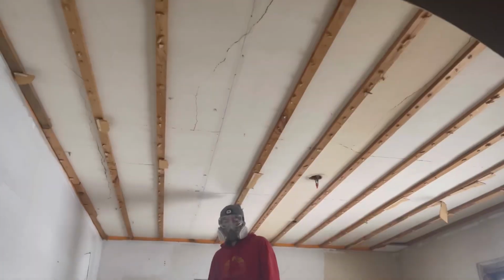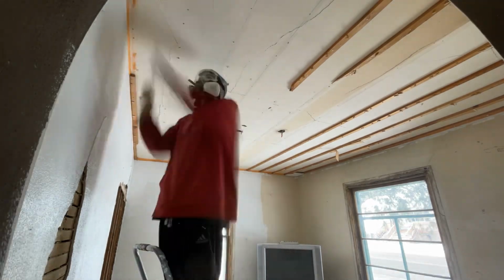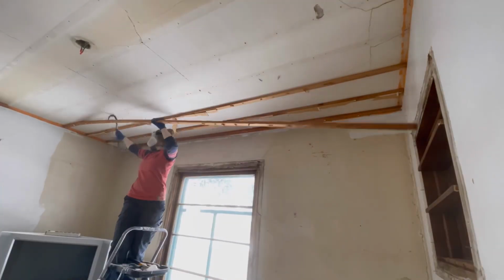This is another example. Now looking back, it was so inefficient. We could have done this much better. You will see later on in the video we do this the correct way, but here we just took the